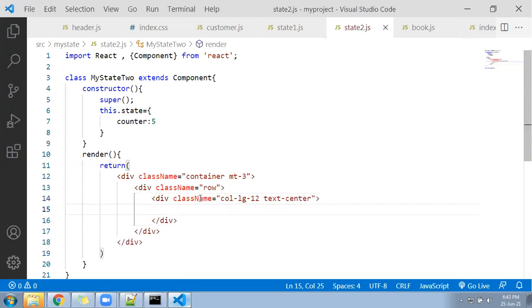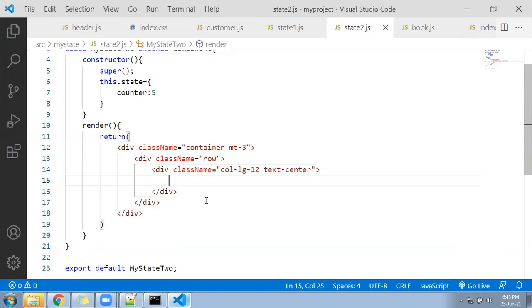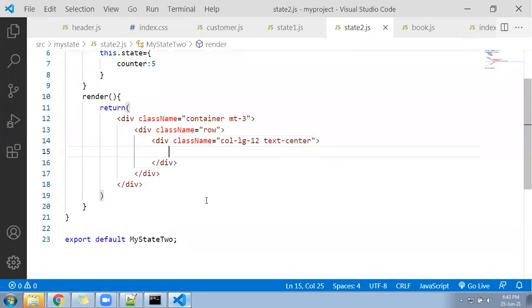So your col-12 is ready. Let's go inside the col-12.